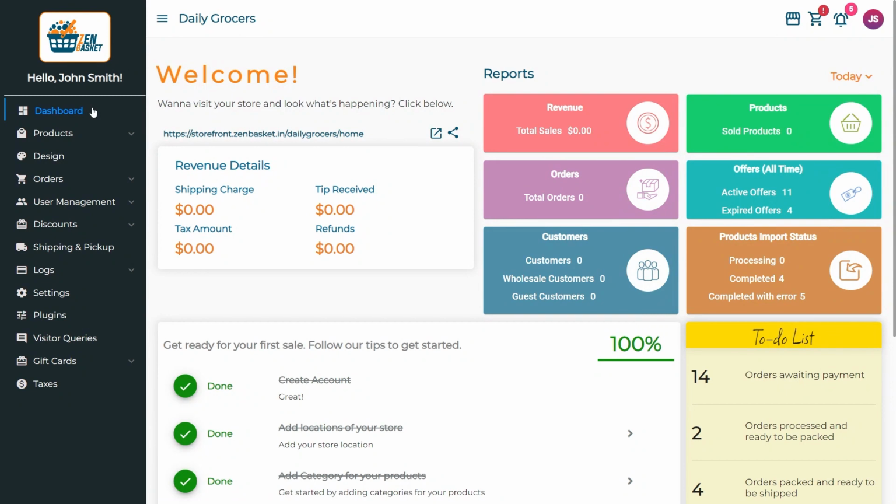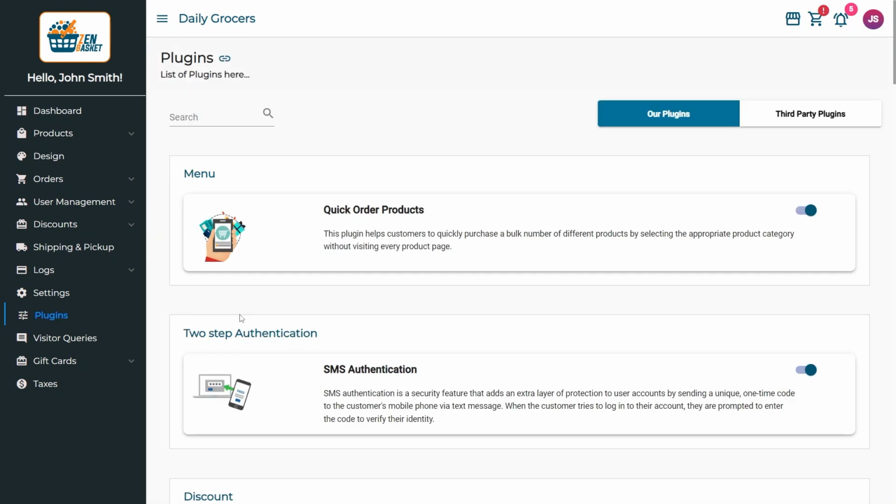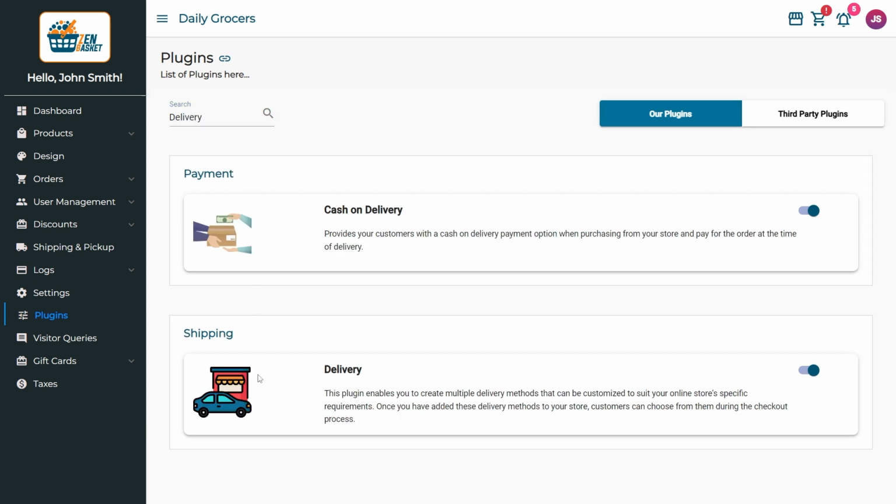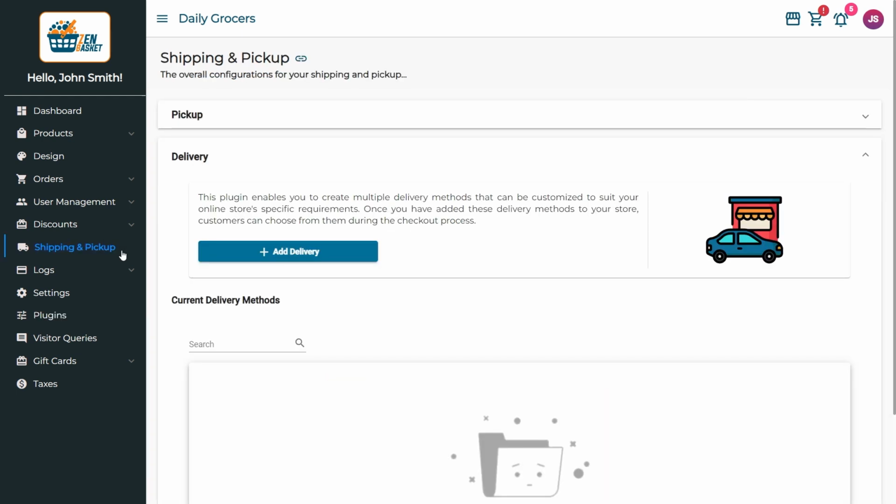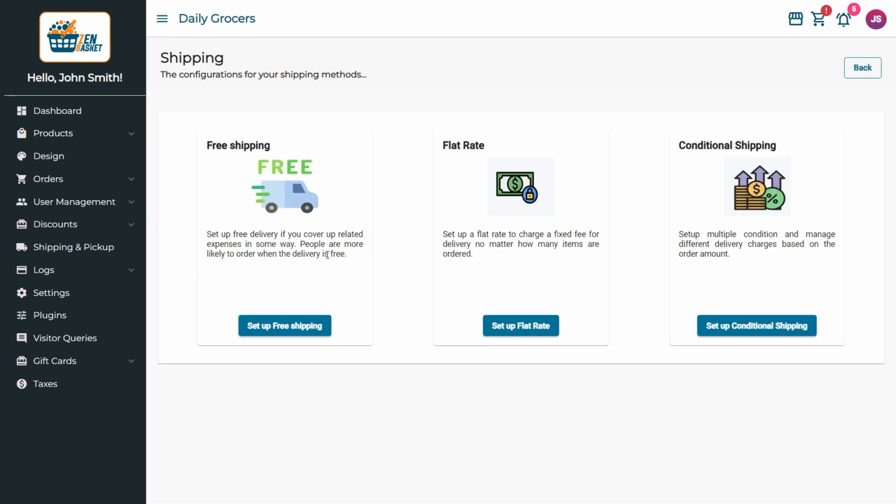To enable this feature, go to the Plugins menu. In our Plugins, enable the delivery feature. Now, this feature is added into your control panel. Go to the Shipping Pickup menu in the control panel. To create free shipping, click on the Add Delivery button and select the Setup Free Shipping method under the shipping